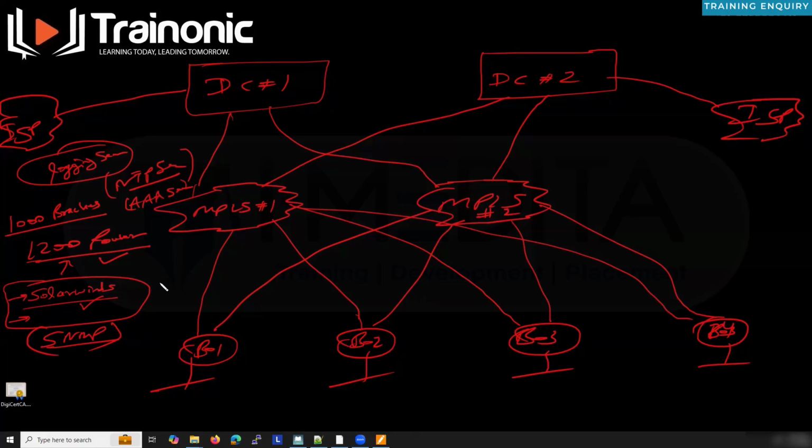Now let's talk about the change. Let's say you're changing the BGP across the organization. The management decided that MPLS 1, let's say this is from Tata, and MPLS 2 is, let's say, from Airtel. Let's say Tata was your primary and Airtel was secondary across all your remote offices. But now your management has asked you to change it. Now your management wants to configure the Airtel circuit as the primary circuit and then Tata as secondary across all the